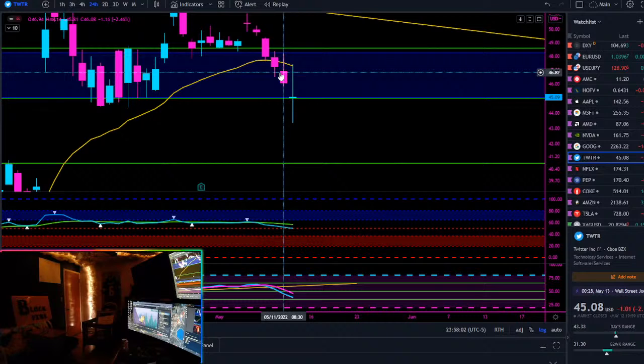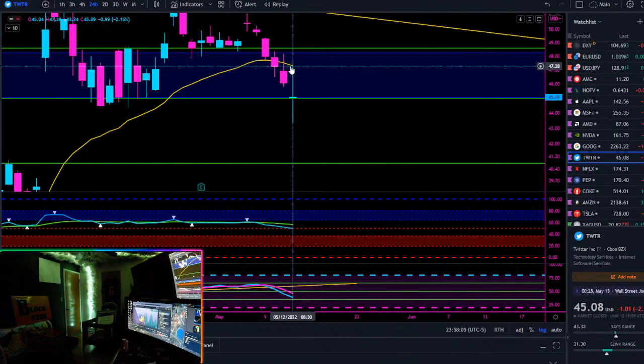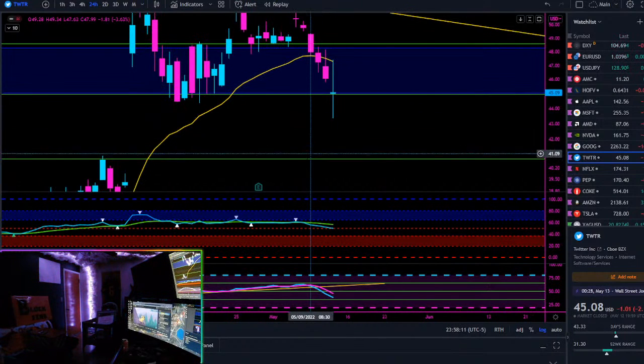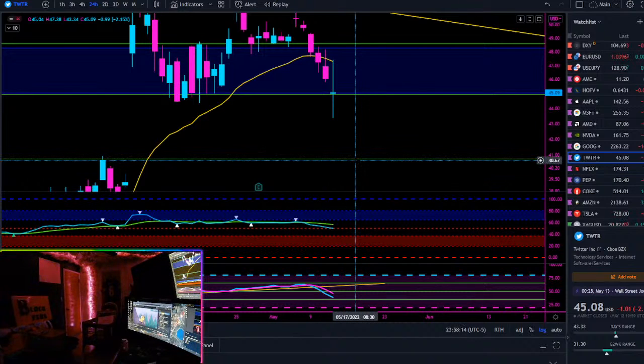We confirmed below the 21 exponential. Saw a nice little pop back up to test it. Just kidding. Hit the mark. Hit that target. Hit it well. I'm going to be looking for this to continue reversing to the downside. I'm going to look for this gap to fill all the way down towards 40 spot